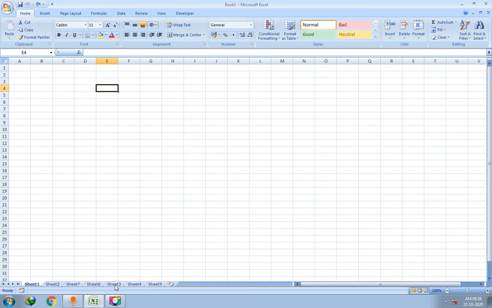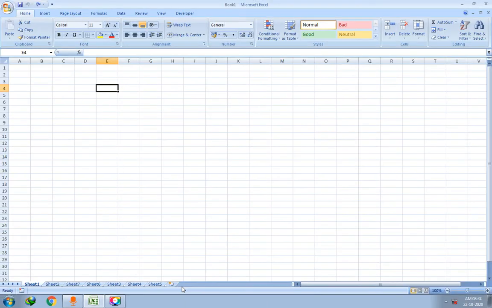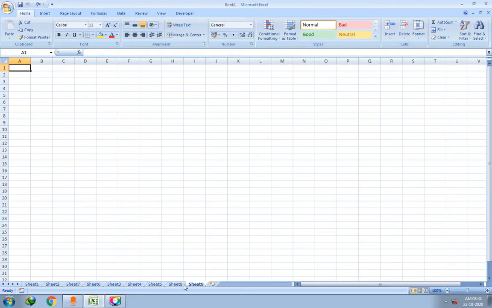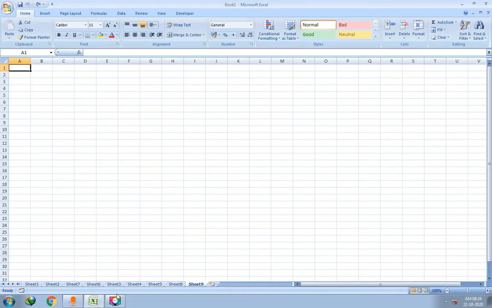Alright, now I'll show you another way to insert the sheet. You can simply click this particular button in order to insert the sheet. So let me click this. You can see sheet number 8. Again let me click this button. You can see sheet number 9 is there also. Okay, you can see all the sheets. Getting my point everyone? So this is the shortcut button to insert a new worksheet. And let me tell you one more time, by default there are 3 sheets in the workbook. When you create a new workbook there are 3 worksheets.